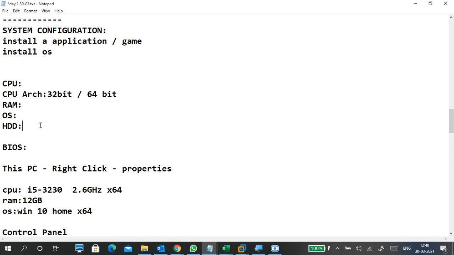I don't have 50 GB free space in my C drive also. So I said don't do it. So that was cancelled. Like, free space of the hard disk is important. Total hard disk is also very important here. Okay.